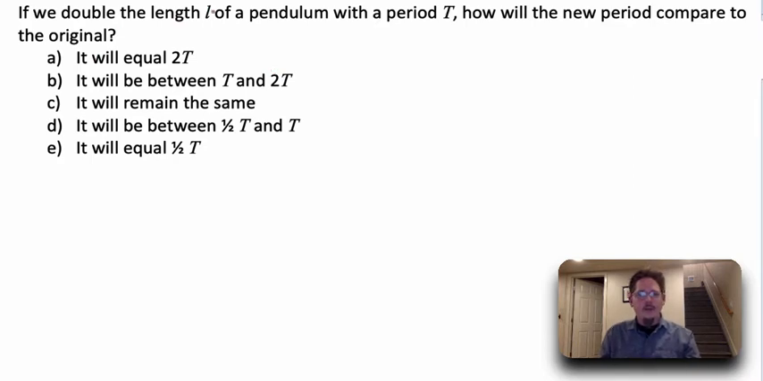If we double the length L of a pendulum that has a period T, how will the new period compare to the original? And notice that there's a few things that are implied as far as what you should already know. You should know that length is relevant to the period of the pendulum, as opposed to the mass, for example, of the pendulum. And you should know something about the relationships that these variables have. And most important, you should know or be able to find an equation that defines that relationship